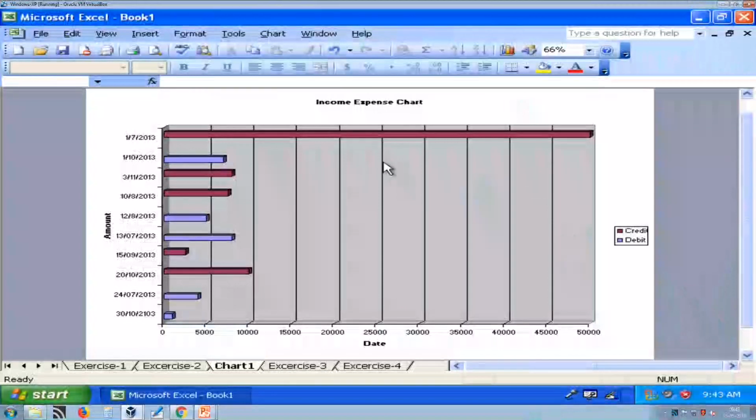You can see on the screen here is the chart title, that you can give. This is our x axis, this is our y or z axis, this is the y or z axis title, and this is the x axis title. And Excel automatically uses a legend based on our columns, that is credit and debit. So, this is how to quickly create a chart. So let us go to the next feature.